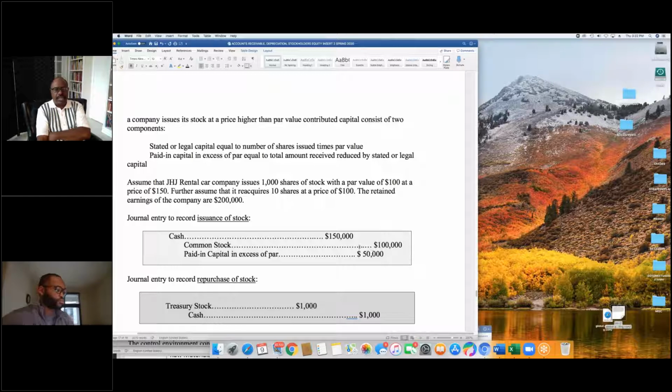of the par value. These shares are pre-printed at $100. It costs money to change this, and you want them to be the same. So even though we've been debiting cash and crediting common stock, if we got more than the par value, which is 100,000, so they paid us 150 rather than 100, then this is the entry that's made.